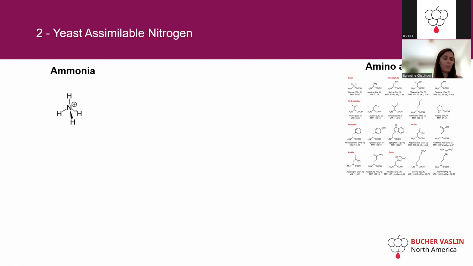So the second step in the yeast nutrition and the second need in yeast nutrition is nitrogen. So we talk about yeast assimilable nitrogen. Yeast can only assimilate ammonia and amino acid. As you can see, they're very different types of molecules. So ammonia or ammonium ion is a very small molecule that the yeast likes a lot, very easy to eat. So the yeast is going to take it right away and use it as a source of nitrogen to build